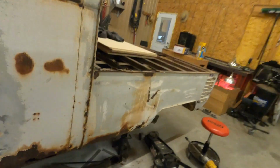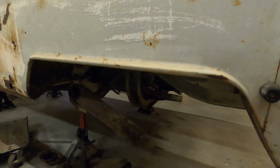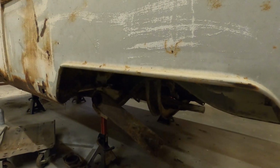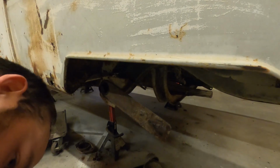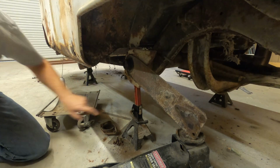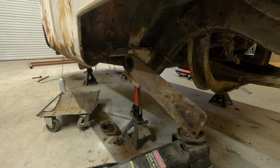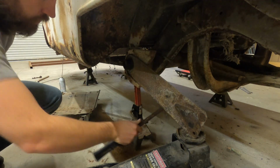So let's get this spring plate off. Hopefully I don't kill myself over here, but we'll see. I'm going to release a little bit of tension right there, and then get my hammer. I'm going to slowly try to